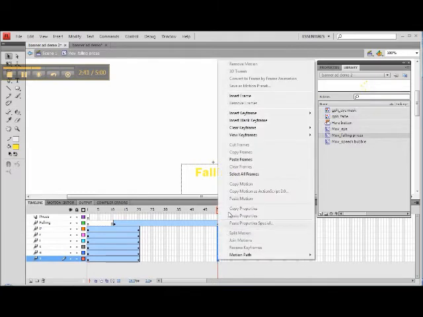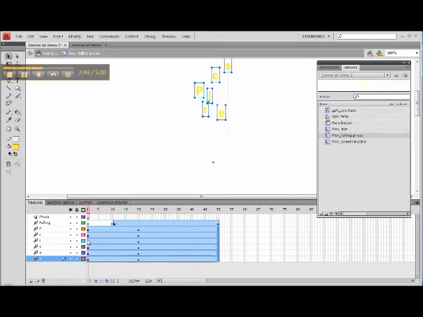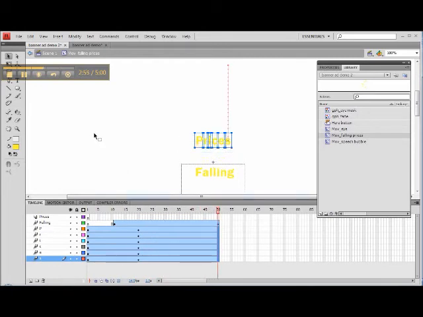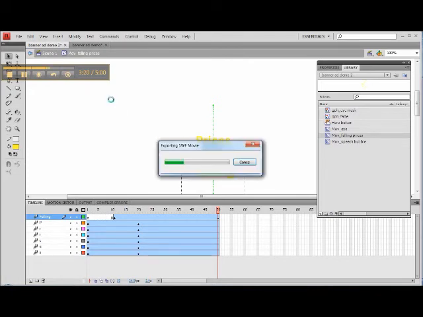So I'm just going to shift select those frames and insert frames. So there's no motion happening here to the falling, as you can see, sorry, to the prices. So the prices come in, then the falling comes in and bounces, and that's the motion that we've created. We can now use that movie in our main movie. If we just look at the movement that is going to create,